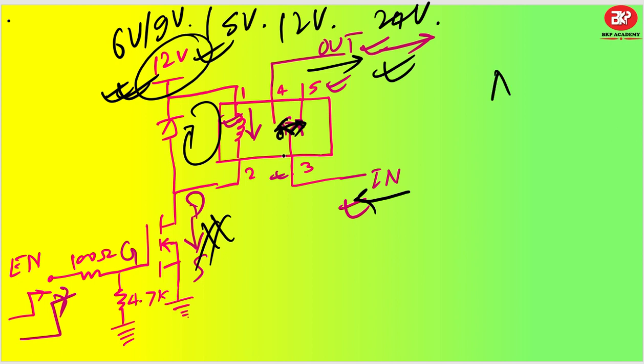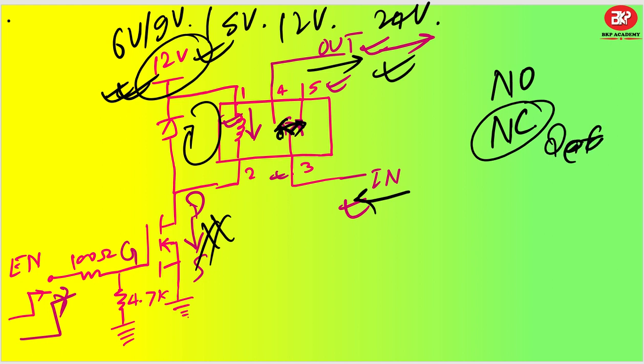So there is something called normally open and normally closed. Normally closed is the default position, and this is the energized position. So earlier, let me just see again, you can see it was connected to pin number 5, right? So this is my normally closed position. Once it goes here, it will get connected at this particular position number 4.